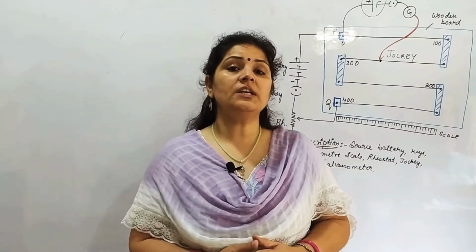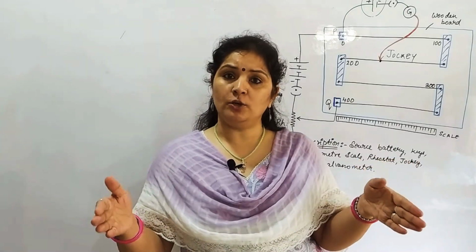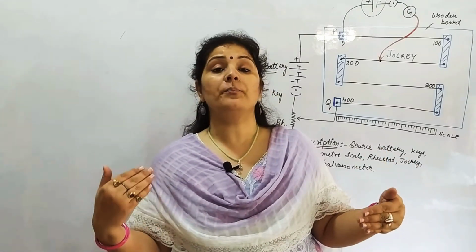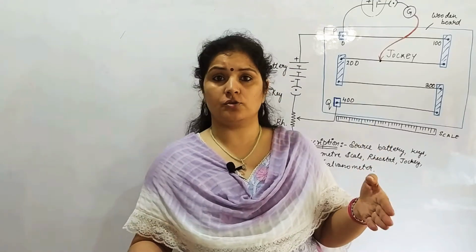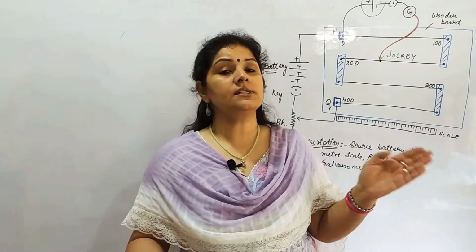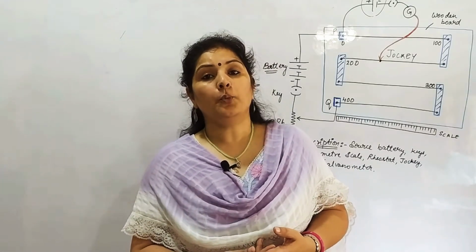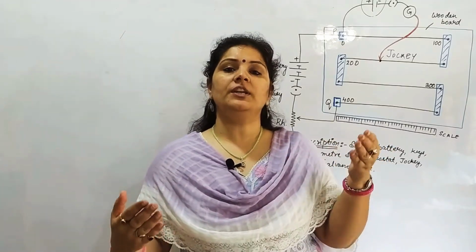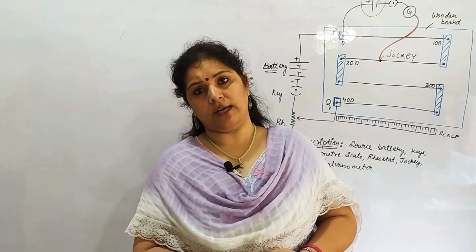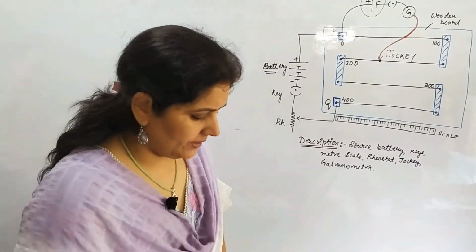So the potentiometer is a device which is used to measure the potential difference between any two points. It is also used to compare the EMF of cells. It can also be used to find the internal resistance of the cell. All these things can be done by a potentiometer. Now before we understand the principle of the potentiometer, we need to understand the term potential gradient. So we'll discuss potential gradient first, right?